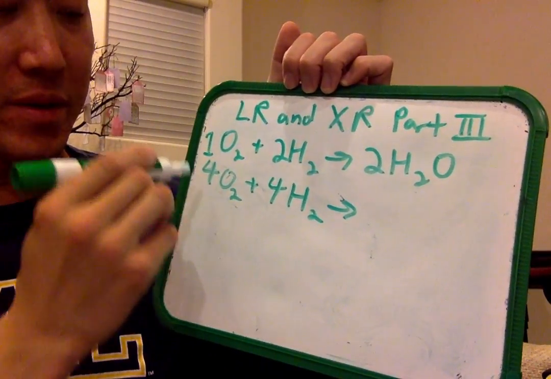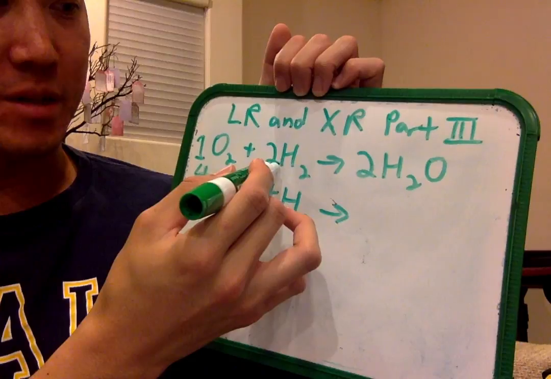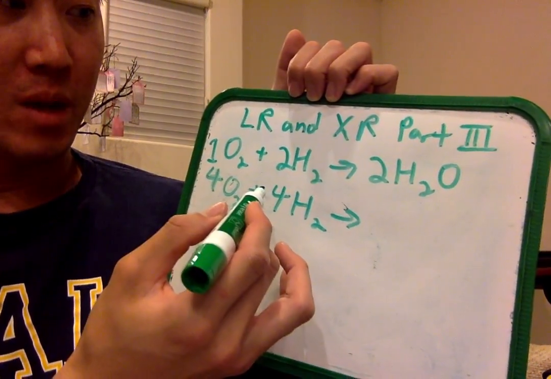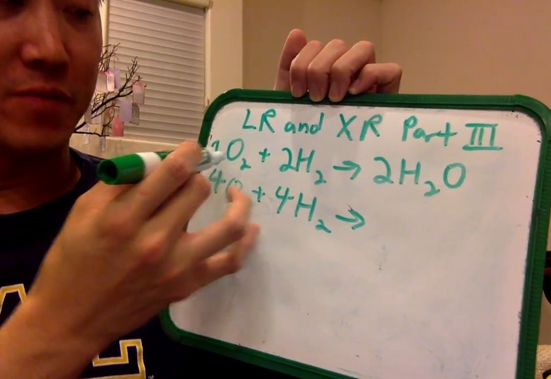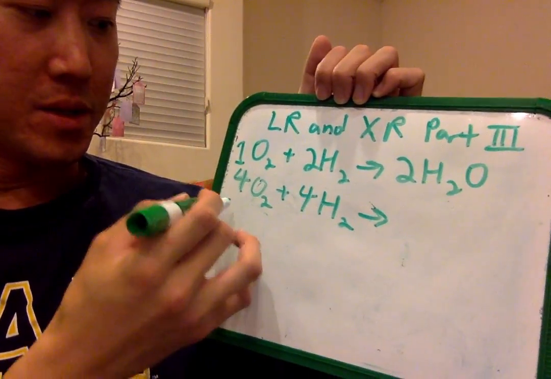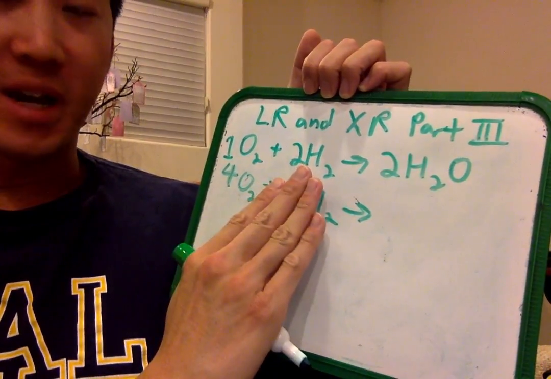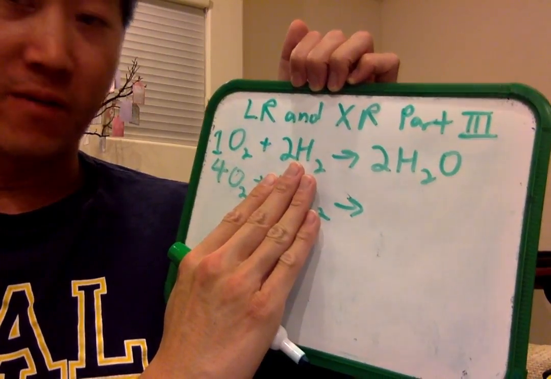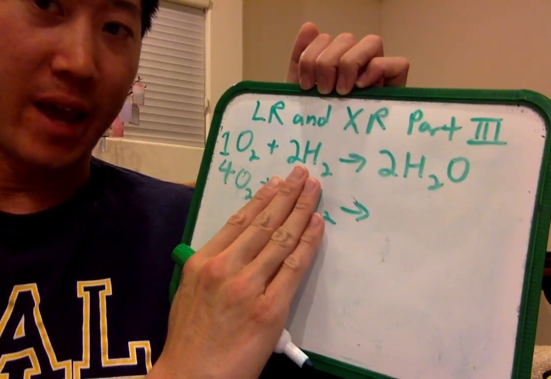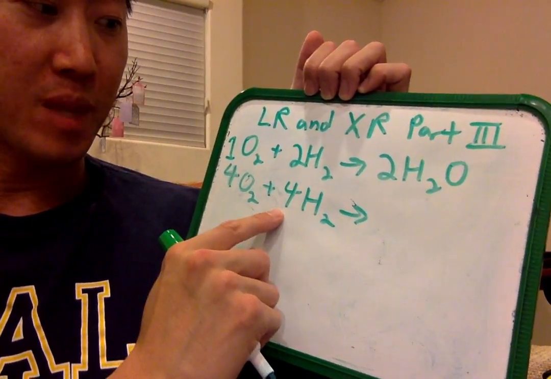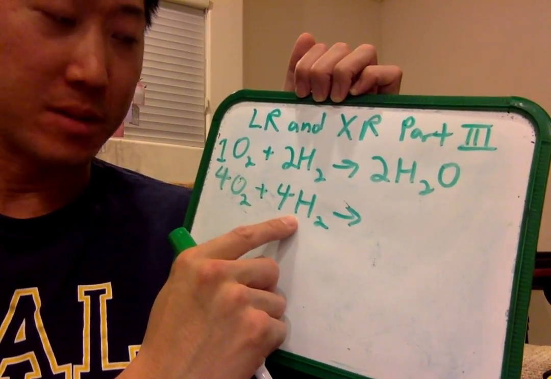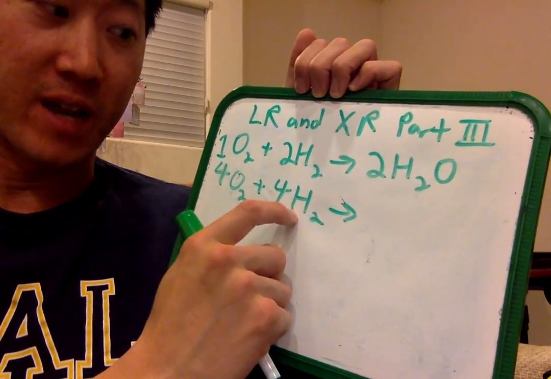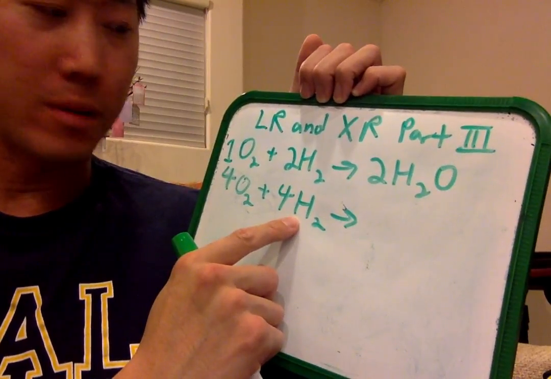Well, let's think about this. Basically, we need twice as much hydrogen as oxygen, or twice as many cups of flour as eggs, right? So if we have 1 oxygen, we need 2 hydrogens, twice as much. So if we have 4 oxygens, how many hydrogens do we need? Twice as much. So 4 times 2 would be 8. If we're going to use all 4 oxygens or all 4 eggs, we would need 8 hydrogens or 8 cups of flour. But do we have 8 hydrogens? No, we don't. We only have 4. So what that tells us is the cups of flour, the hydrogen, is going to be our limiting reagent,